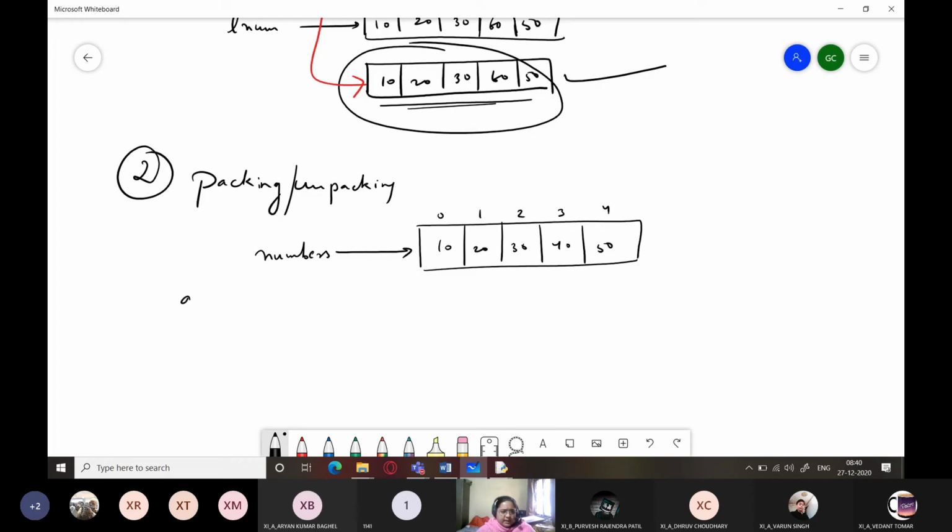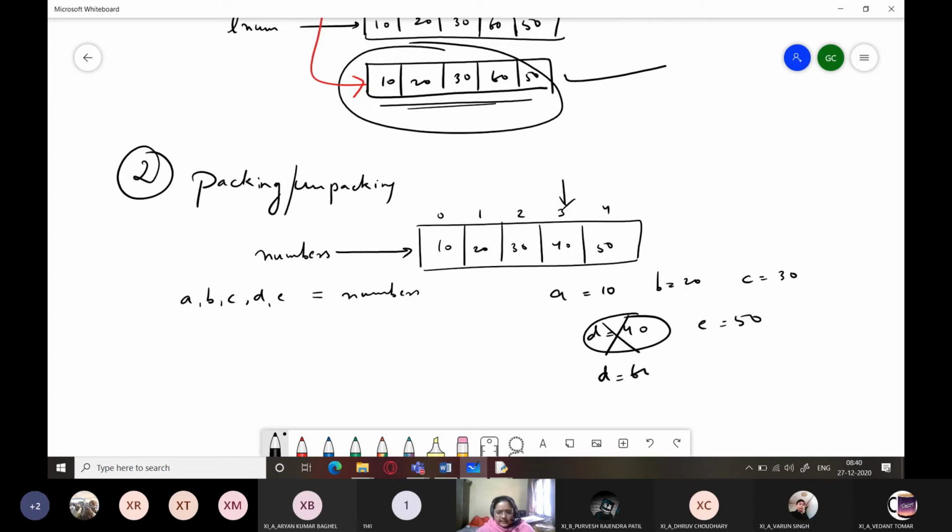So I write here a, b, c, d, e = numbers, which will make it like this. That is, a will have 10, b will have 20, c will have 30, right? You want to change the fourth element, that is this one. So the fourth element is what? This d equals 40. So you can easily write here d = 60.